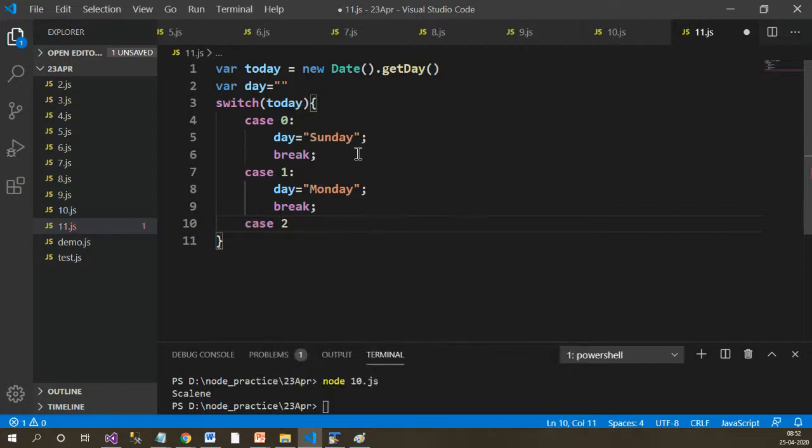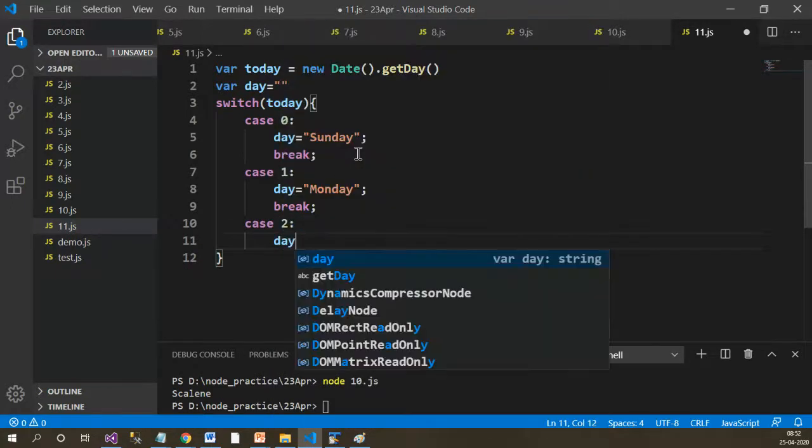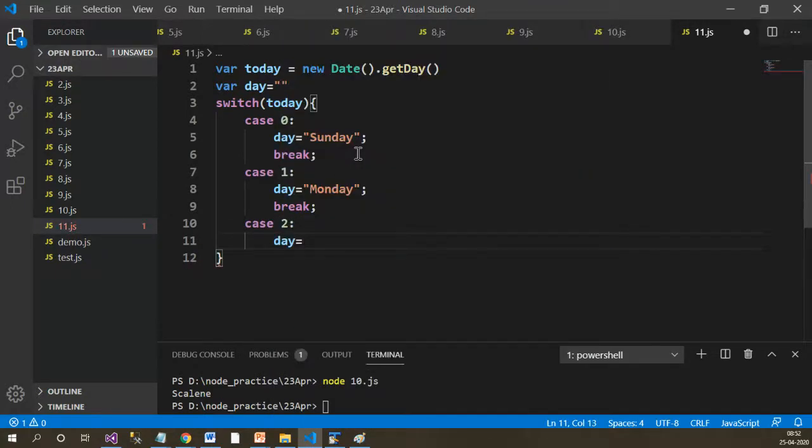Case 2, day as Tuesday. Put the break. Case 3, and so on.